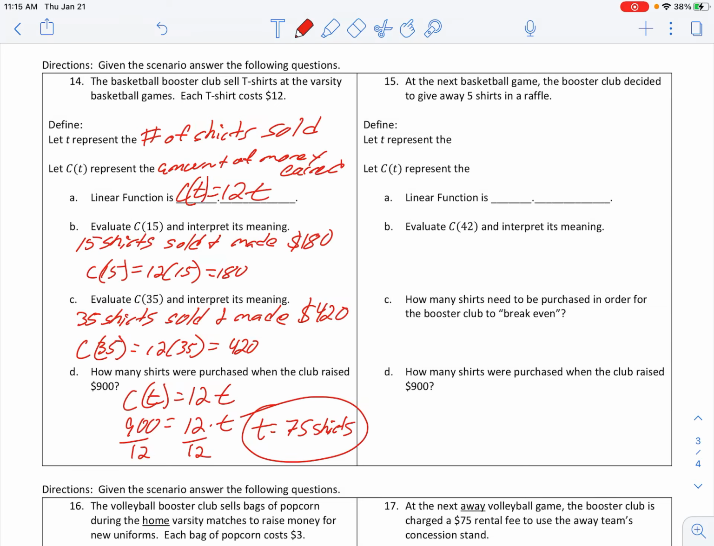Okay, for number 15, we had to do number 14. So number 14 we already did in class. Number 15, we are still doing the same in terms of our variables. We're still talking about t-shirts, number of shirts sold. And that's still going to be the amount of money earned. But now, because we're giving away 5 free shirts,